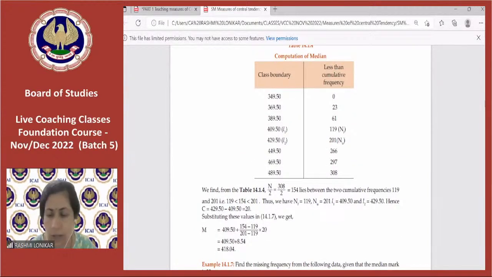Okay, so here we have marked the class boundaries and we have got the frequencies. Okay, I hope you have been able to